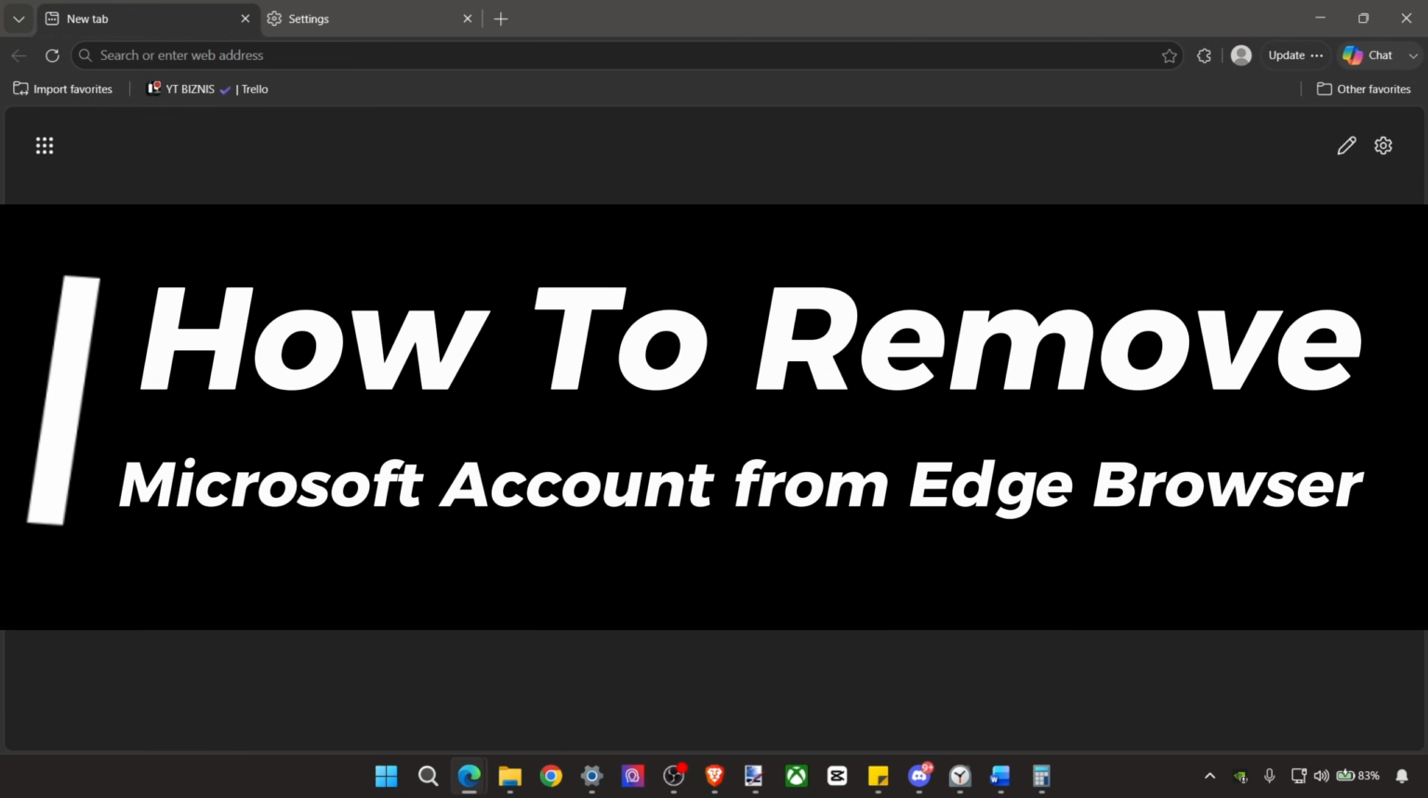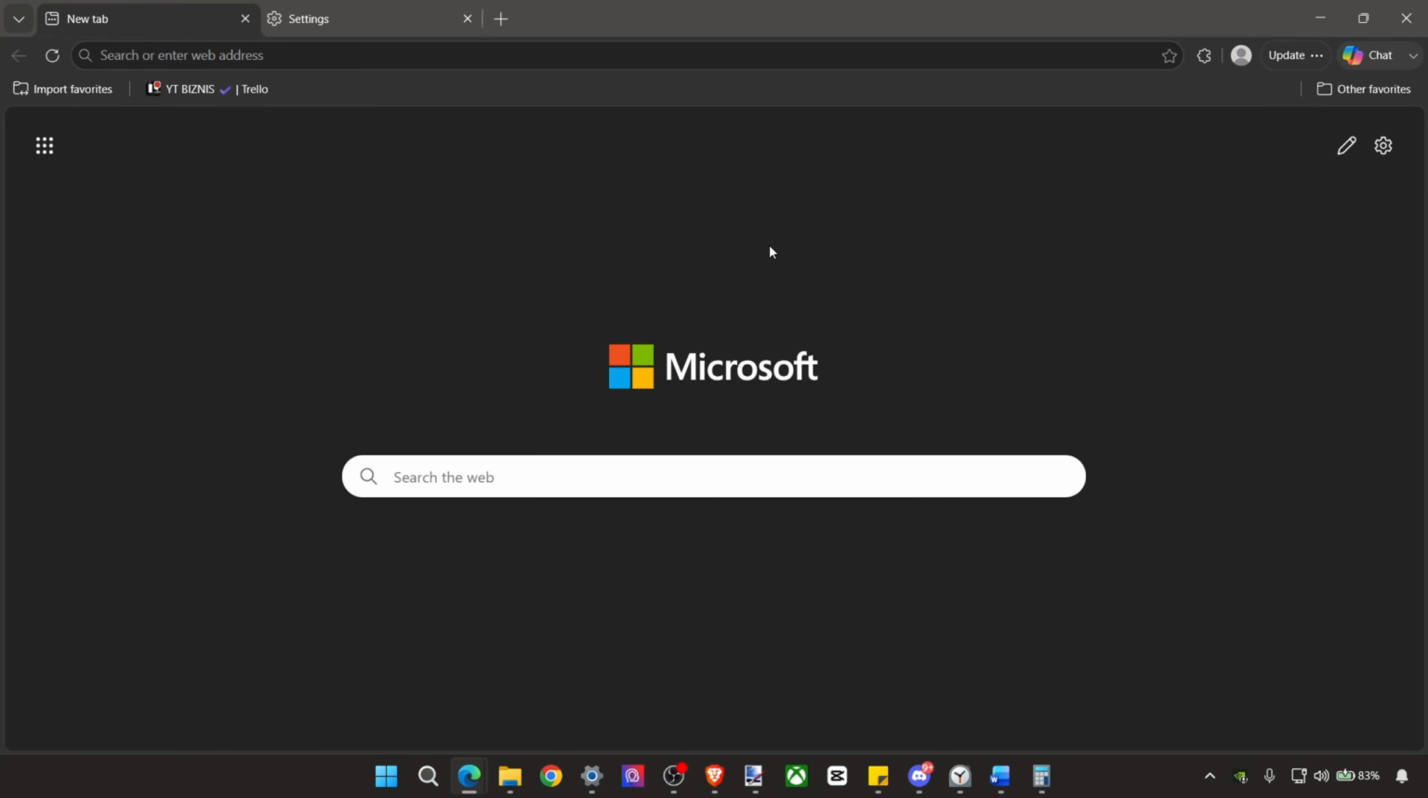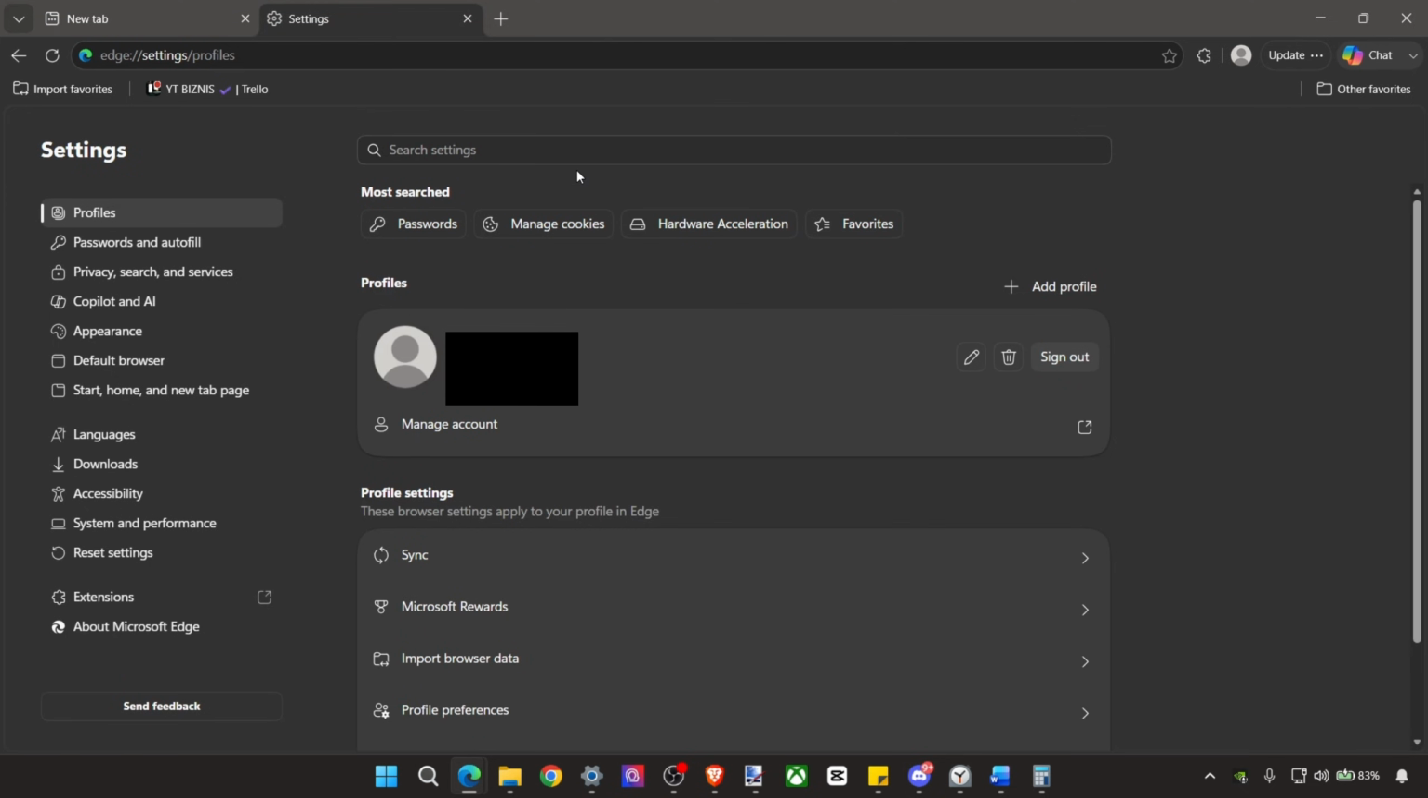How to remove your Microsoft account from your Edge browser. So if you take a look into your browser and in your settings, you should be able to see your Microsoft profiles if you do have those. And if you aren't able to either delete or sign out from your browser, another thing you can do is